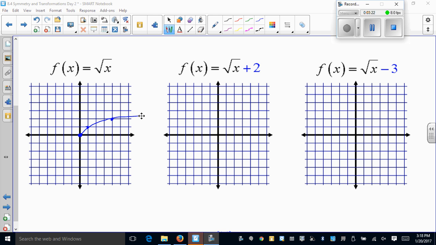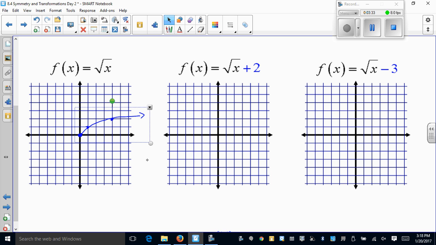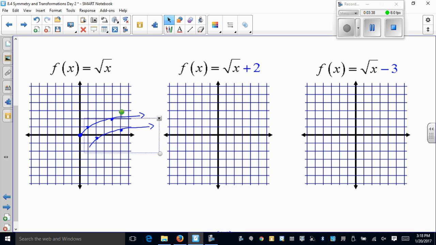Now, I am going to use and abuse these points here by grouping them together, and then I'm going to clone it. So now I've got this graph here. You can see it's exactly the same. But when I move this over here, this time they say move it up 2. So I'm going to take this entire graph and move it up 2. There it is. Notice here it says 0 plus 2. We went up 2. 1 was at 1, moved up 2. This one was at 2, moved up 2. Now I can do this again for the next one